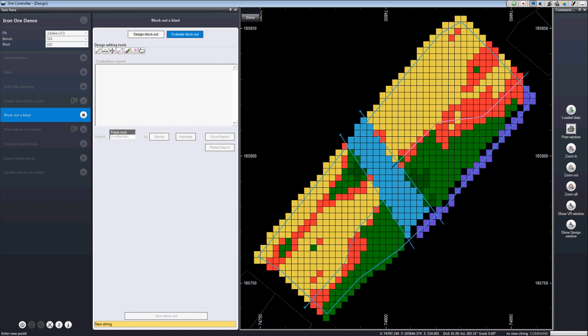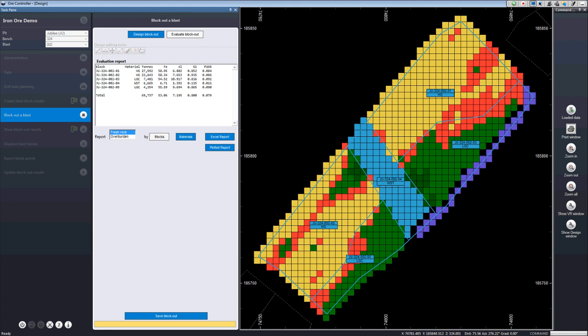Notice I don't have to close these off, because the next step to evaluate will automatically convert these into outlines, do the evaluation, and then characterize each block according to its material type. So we have 2 high-grade blocks and 2 low-grade but contaminated blocks and 1 waste block. We also have a very quick evaluation report, where we can see each of the blocks has been totaled up.